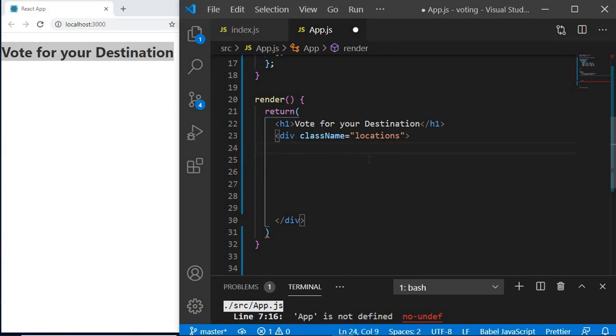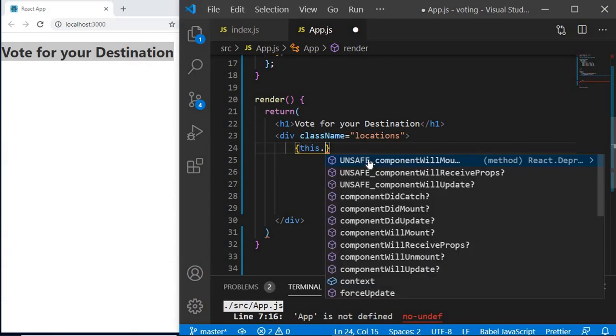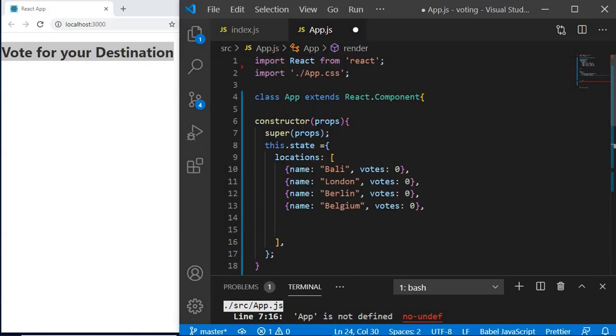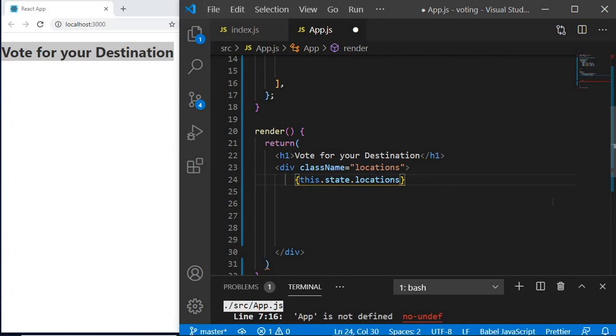Map is another predefined function in JavaScript, so we can do this.state.locations. So that's what we have defined, right? this.state.locations, and we want to map over it. So this.state.locations.map, and inside of map, let's give it a